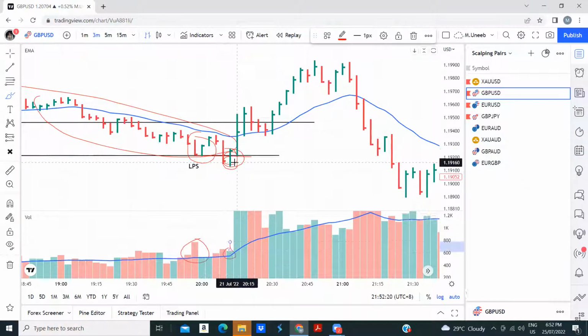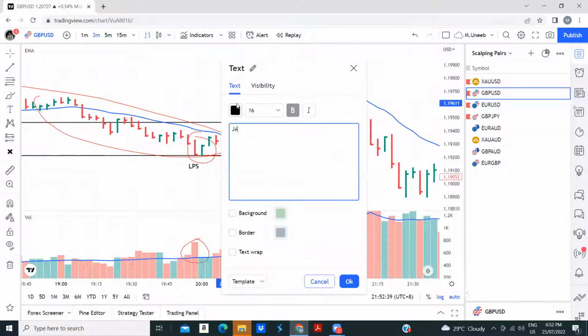And then what do we see here? We see effort versus key reversal, but the volume did not match. The volume is not impressive, right? We need a pop-in volume or we need a no demand type of volume, no supply, which we did not get here. The price turned back, broke this range and formed what? JAC.